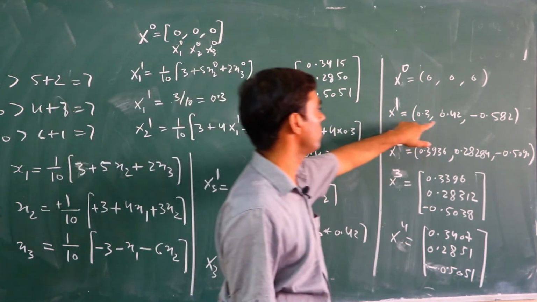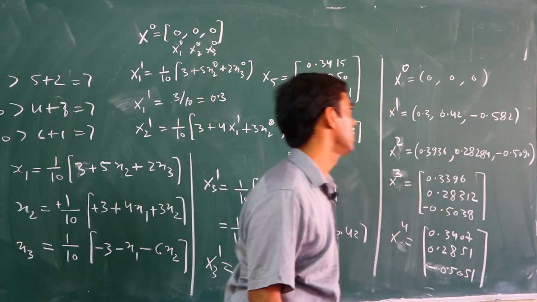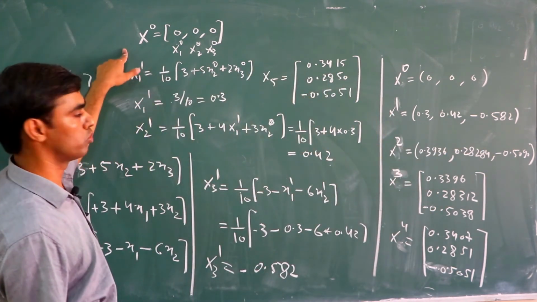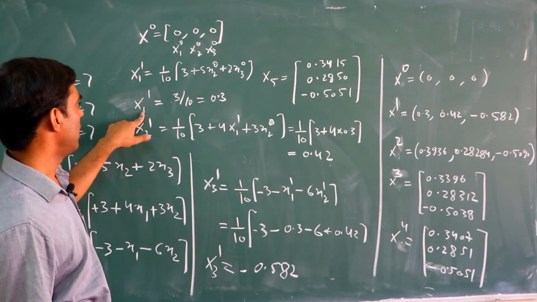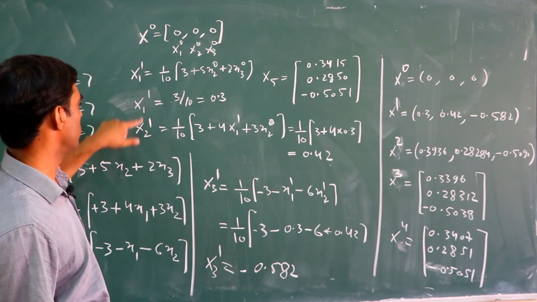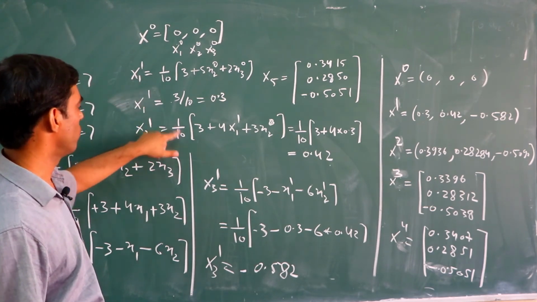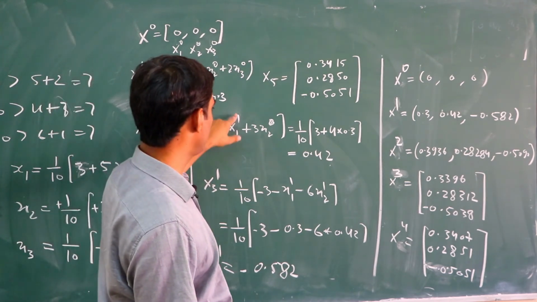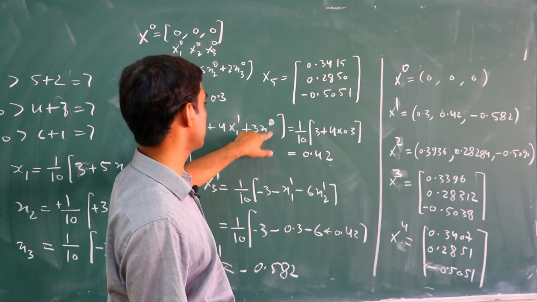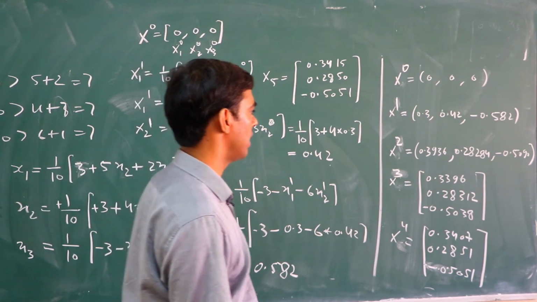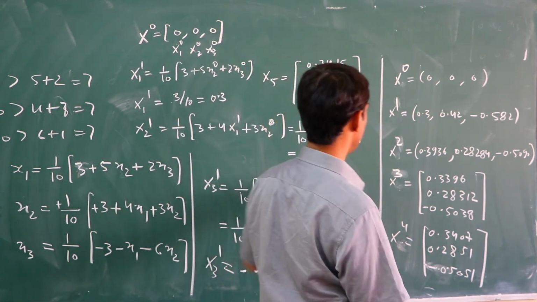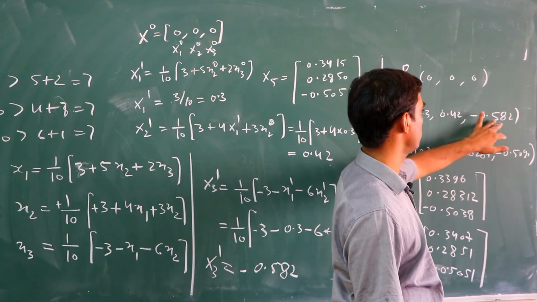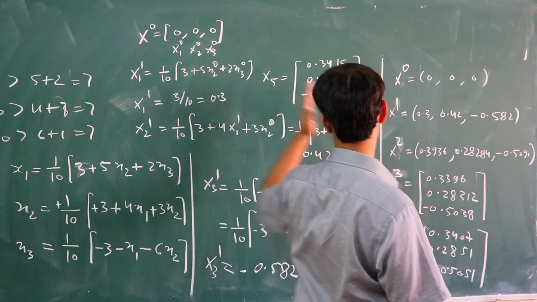We use these values to find x1^(2). Similarly, x2^(2) is 1/10 (3 + 4 x1^(2) + 3 x3^(1)). In a similar manner, we put these values, 0.3, 0.42, minus 0.582 here,